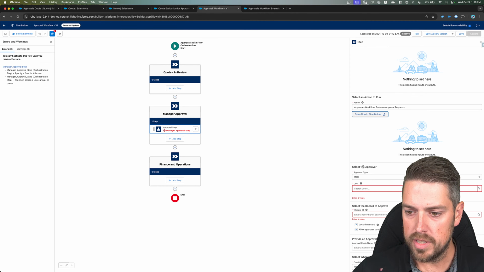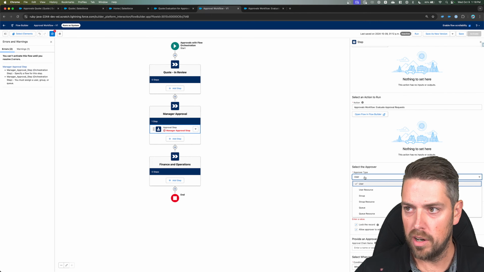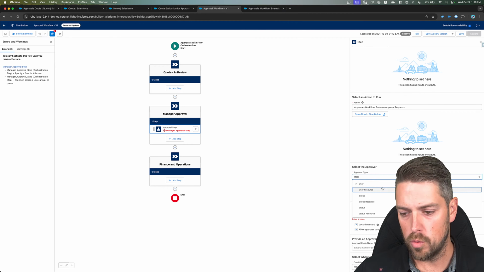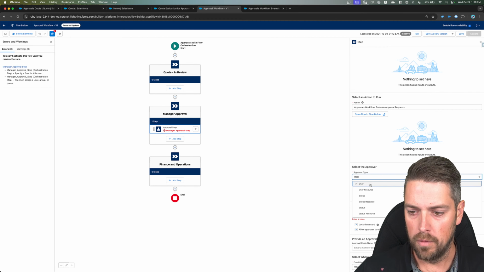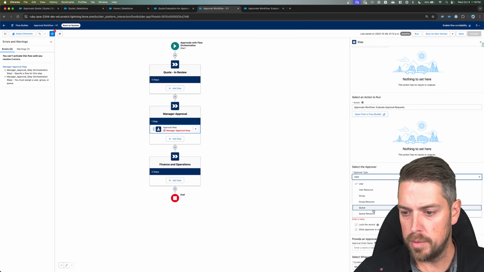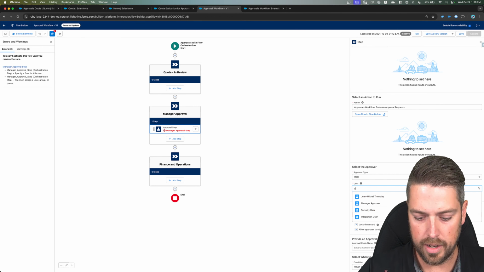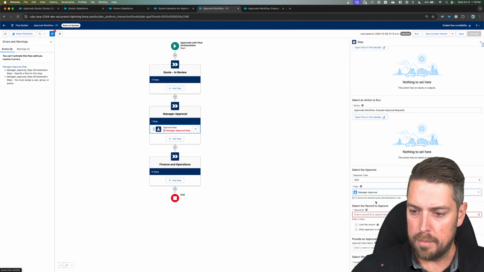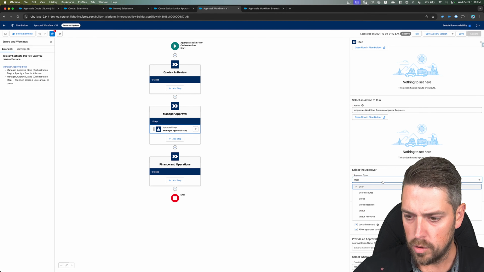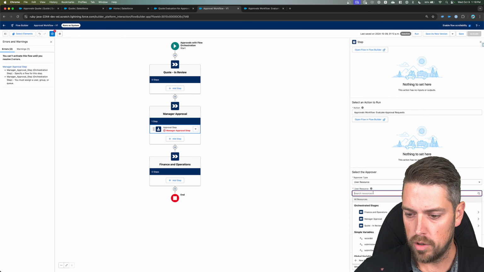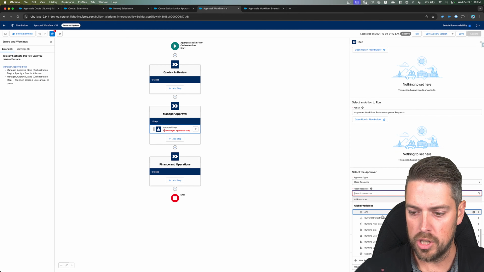All right, so as I was saying, we have a couple different approver types that are available to us. You can set it to user, user resource, group, group resource, queue, and queue resource. User, group, and queue is going to be a specific reference to a user, group, or a queue. And then resource is going to be if you want to look at a value from a field, right? So with user, I could select my manager as the approver right away. The other option would be to use the user resource and then go through the relationship and actually get